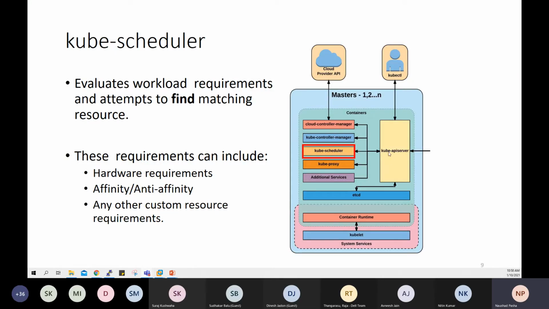Such requirements can be supplied to the Kube API server, and Kube API server hands that over to the Kube scheduler. And Kube scheduler will first filter from the available nodes and then decide based on the score if there are multiple nodes that satisfy the requirement. So to keep it simple, it is the kube scheduler within Kubernetes which identifies on which node your application or pod must be running, because it is a cluster of those worker nodes or minions.